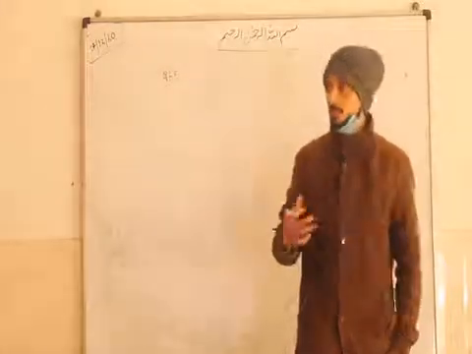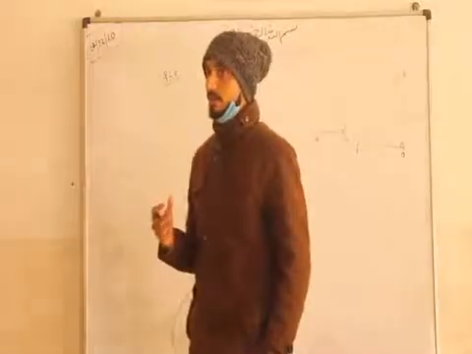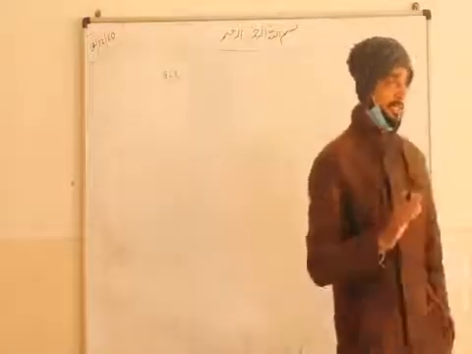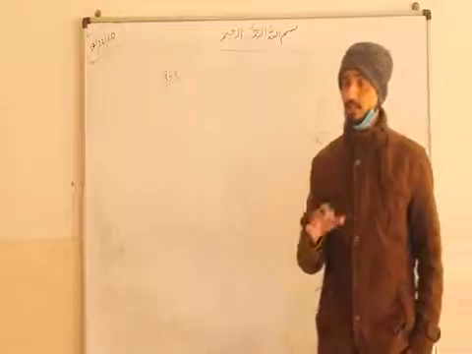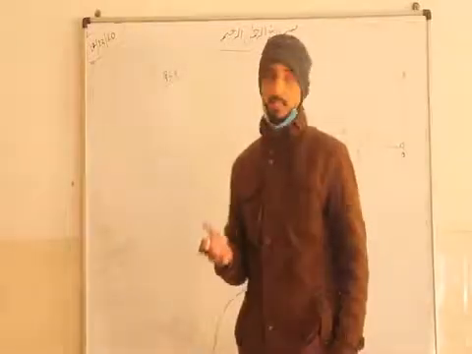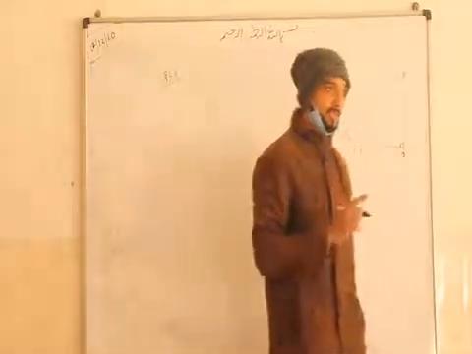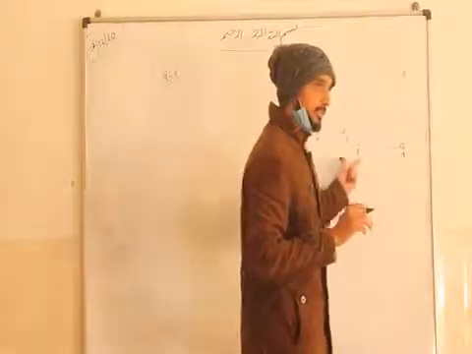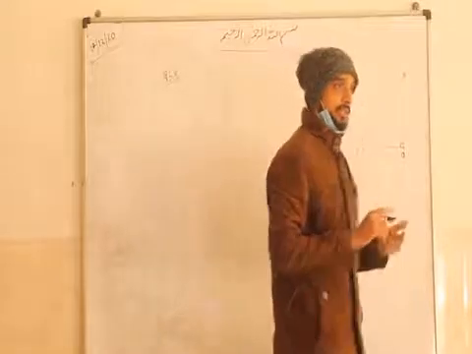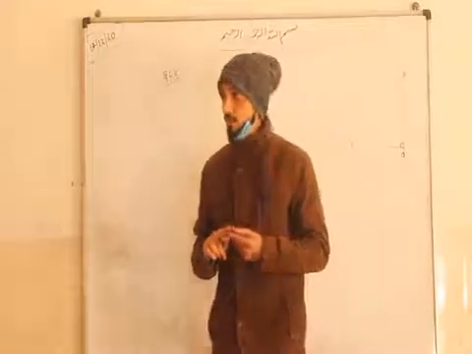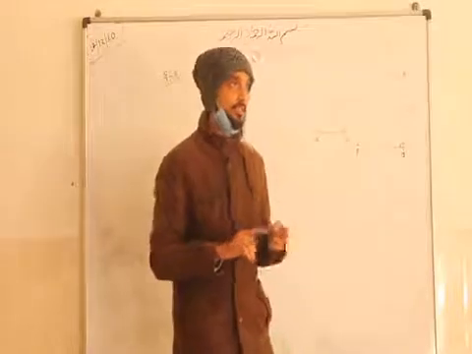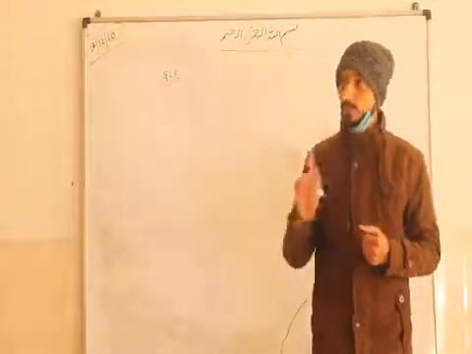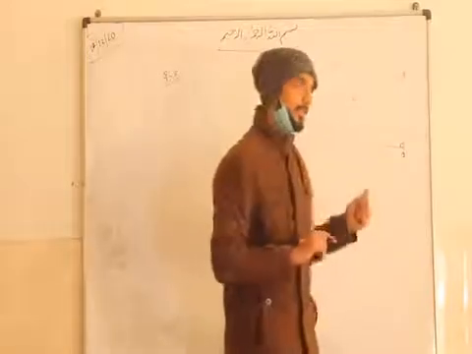Similar triangles or similar figures are those which have the same shape. But it's not a condition whether their size is the same or not. If their size is the same, it's okay. If the size is different, then it's also okay. For similar, the only condition is that their shape is the same. If these two are right triangles but their size is different, they are still similar. And one thing is congruence, which you have learned. For congruence, both things are there: similar shape and similar size. And for similar, only one condition is there, that is the similar shape.